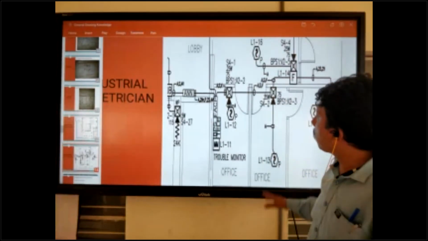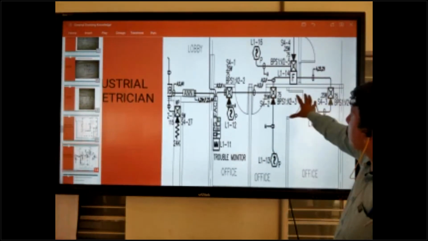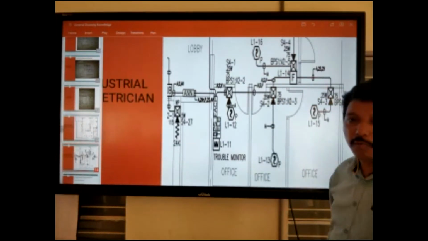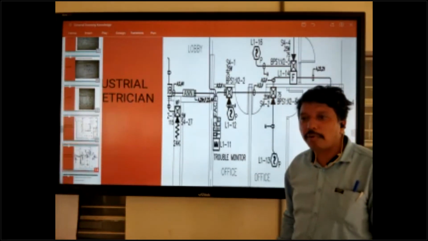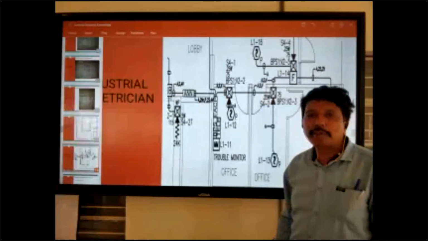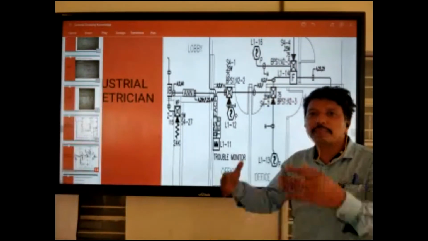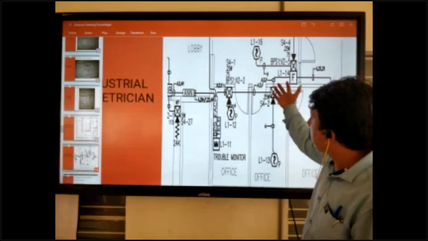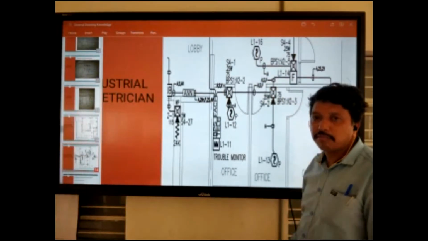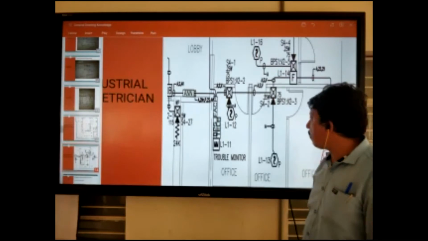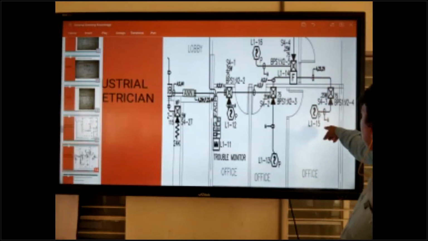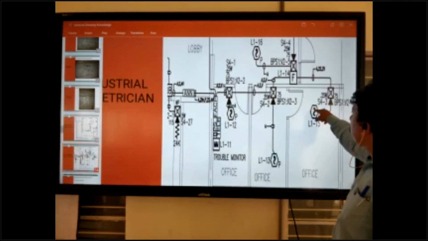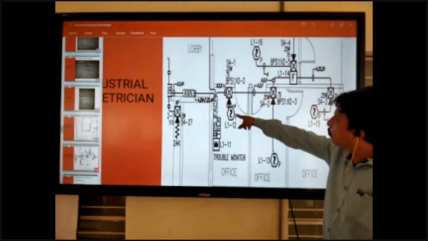We cannot using in houses. Maximum use in official purpose, banking purpose, commercial building, and official government building, government project, metro rail station. We can using in fire alarm system. These all are the smoke detector.